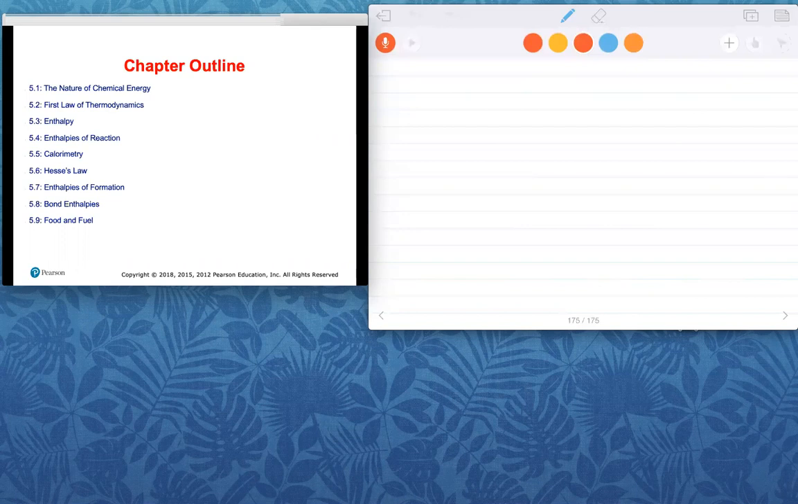Now, section 5.3, enthalpy of reaction, is basically the heat of reaction. We'll see how to determine the heat of reaction. We're going to talk about the exothermic reaction. I know you know what an exothermic reaction is, and what an endothermic reaction is all about. And in section 5.5, we'll see how to determine the heat released or absorbed during the chemical reaction. Calorimetry is the technique of determining the heat released or absorbed